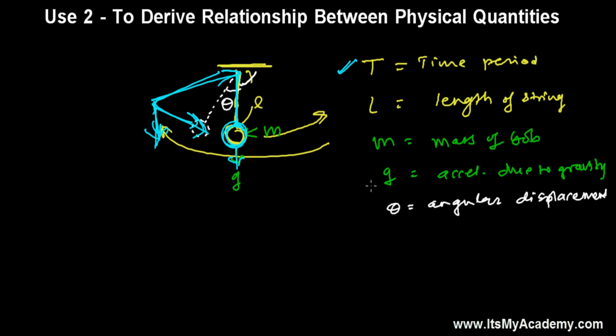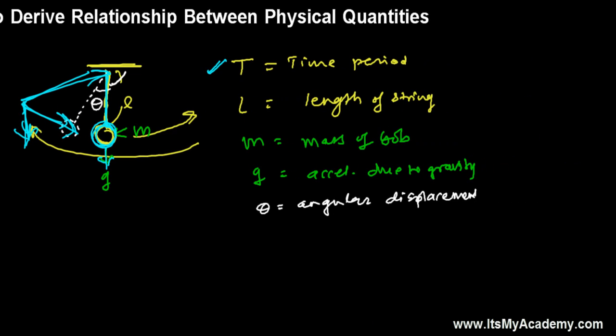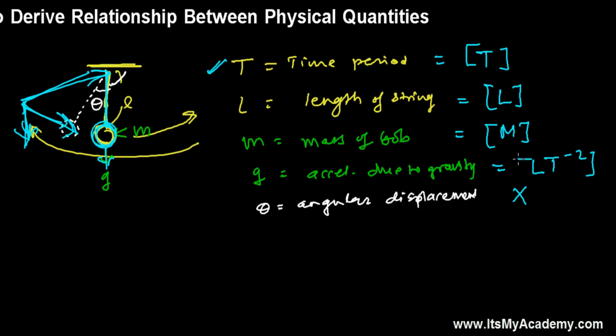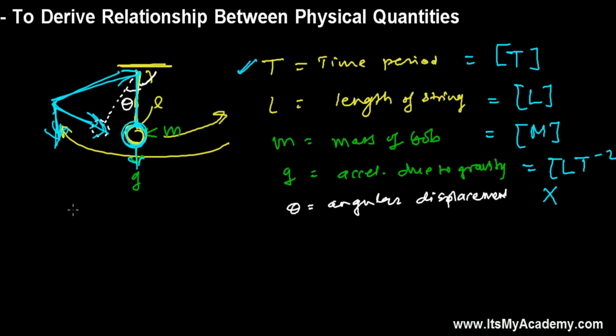So these are the main factors, and let's write the dimensions of these. My dear friend, angular displacement, an angle, does not have a dimension, so it is a dimensionless quantity, keep in mind. Time period's dimension is t only, and length is L only. You can write M0 L1 T0 like that also. Mass is simply M, where the power is 1, and acceleration due to gravity, whatever type of acceleration it is, is L T minus 2. So we know the dimensions of all, and now we are going to suppose a few things.